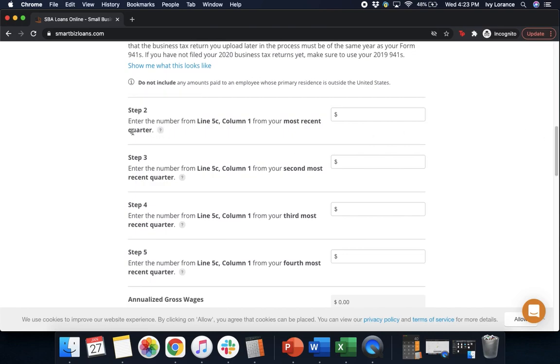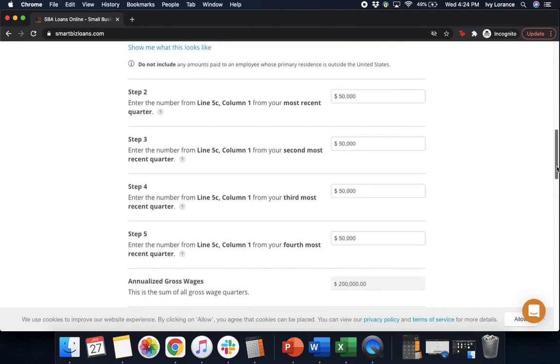After that, it's going to ask us for some information. So for instance, it's going to enter the number from line 5C, column 1, from your most recent quarter. After that, it'll ask you for the line from line 5C, column 1, your second most recent quarter. After that, it's going to ask for your third most recent quarter and your fourth most recent quarter. After that, it'll give you your total amount that you're typically bringing in a month, which is about $200,000 in